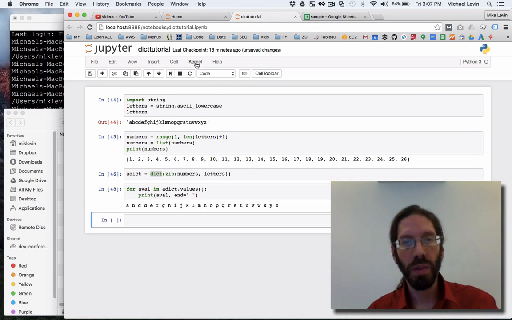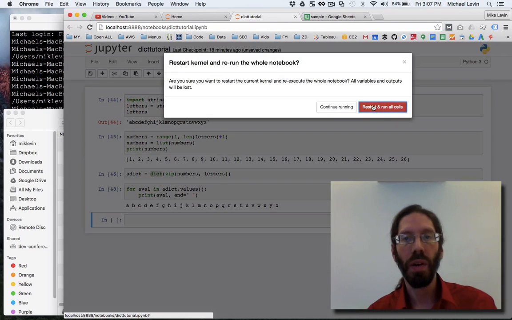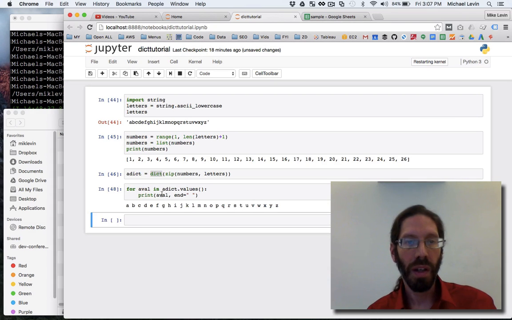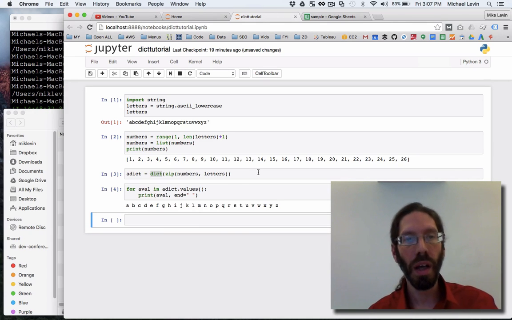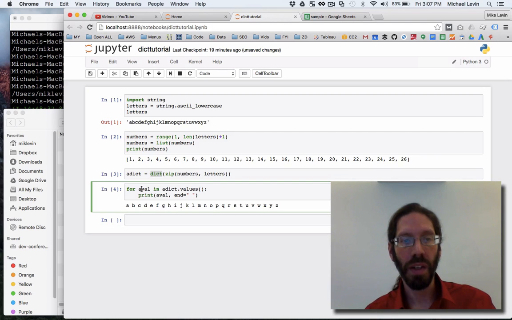Oftentimes, it's good to do kernel, restart, and run all, because that variable being used there would have thrown an error as being not declared, but because everything persists in memory because of the way Jupyter Notebook works, it didn't throw an error in that case, having a different variable name here and here. So